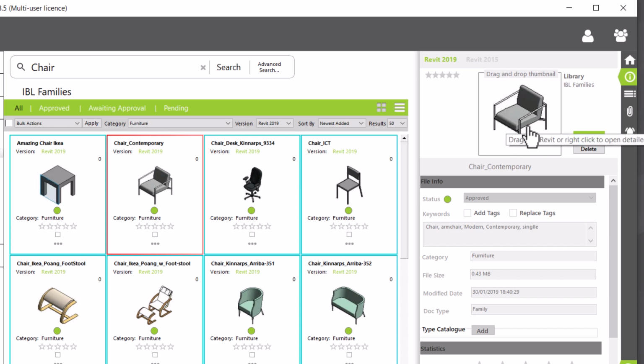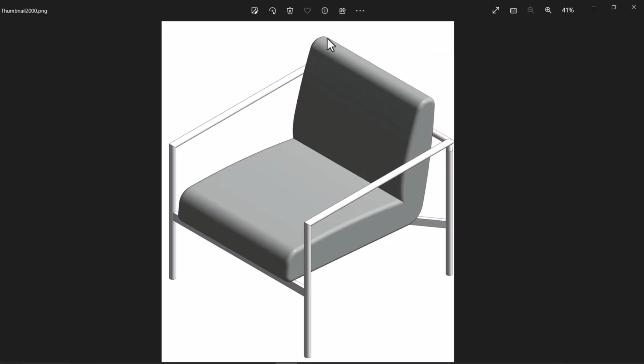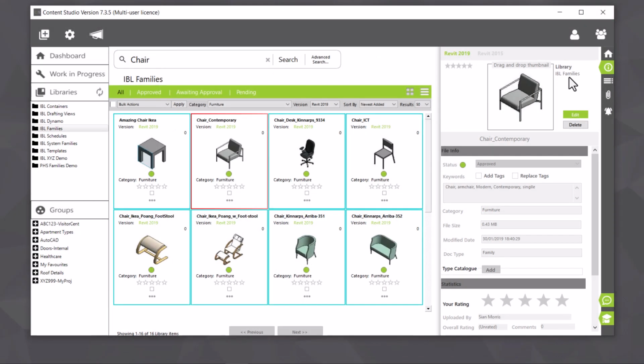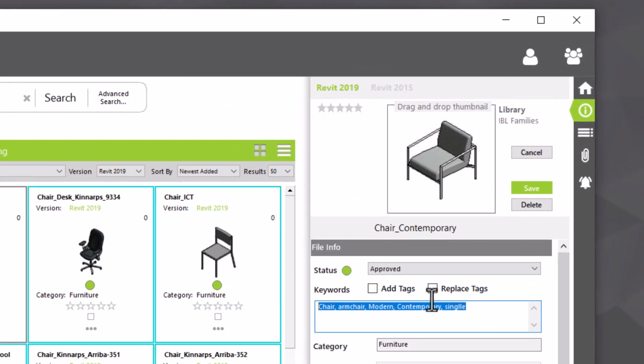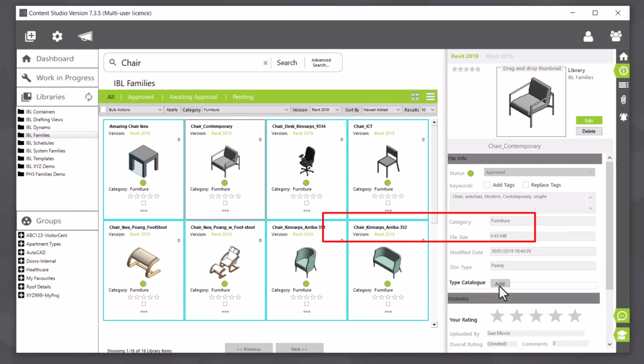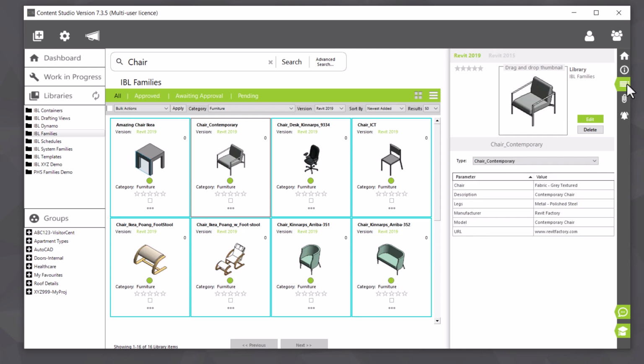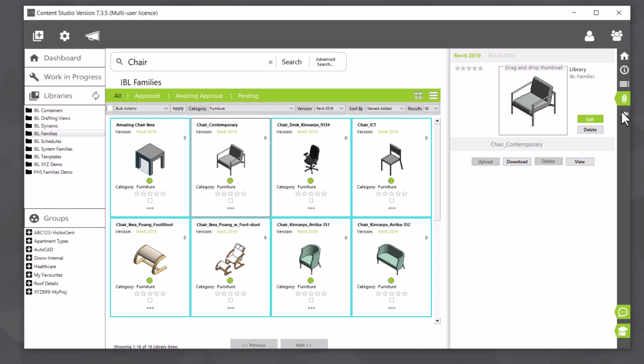By hovering over the thumbnail and right-clicking, we can view a full HD version of what would normally be a very small thumbnail. We can see its current rating, the source library, edit, and even add keywords, even renaming the file. Further down, we can attach type catalogs, which can then be leveraged by other load functions from the Revit add-in. And the sidebar also contains additional sections for viewing type properties, adding attachments, and even viewing interactions with a